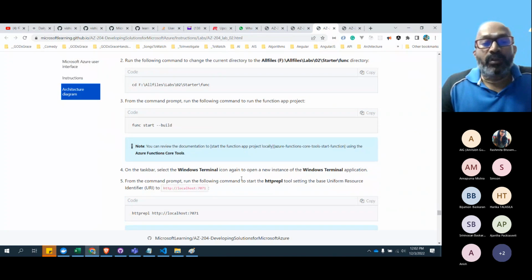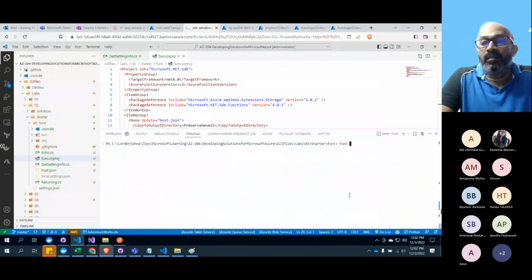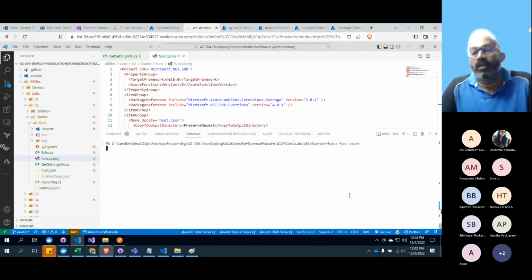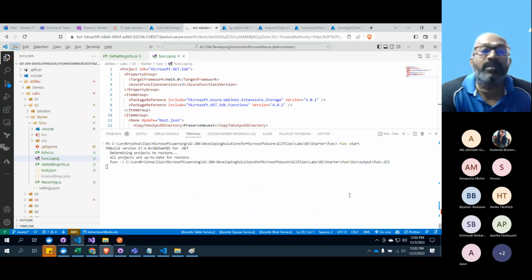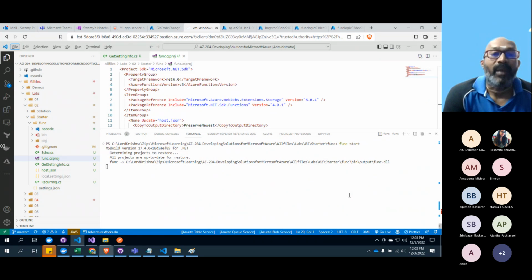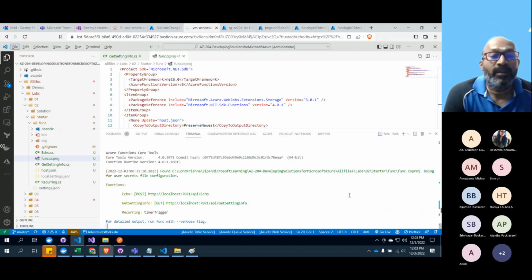So now what we will do is func start. I'm not giving the --build parameter because anyway, that is taking care of build also. This command, so let's stick with this. And it should show everything it is exposing.